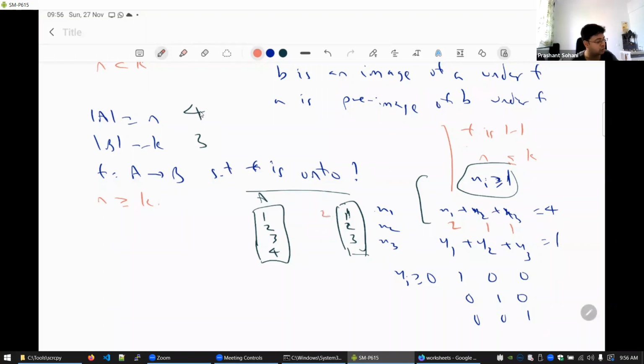So the case is where we are expecting 2 arrows to land on element 1, 1 arrow on the second element, and 1 on the third element. So all that is left is to choose which object of A will go into which category, right? First we can choose which 2 elements are going to map to 1 in 4 choose 2 ways, correct? So 4 choose 2 ways to select 2 elements which are going to land on the first object. After that,